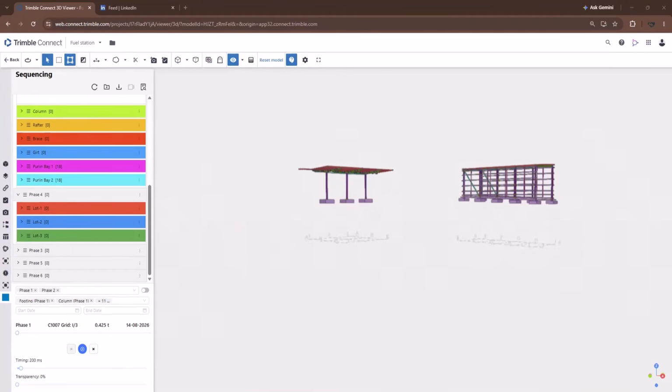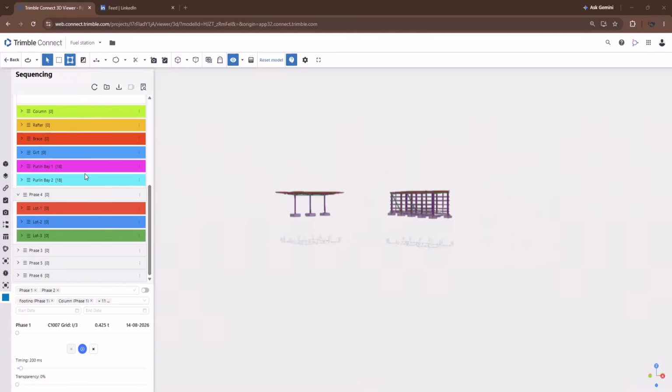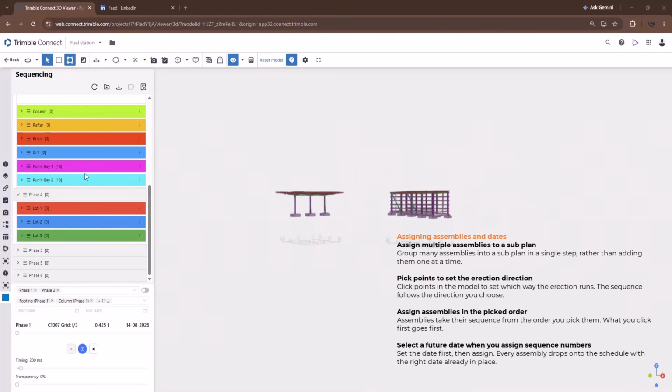Next, we are going to see how we can assign sequence numbers to the assemblies. You can use 2 different methods. One, you can pick multiple assemblies and assign the sequence number. And second, you can assign numbers in the order you pick. For selecting the